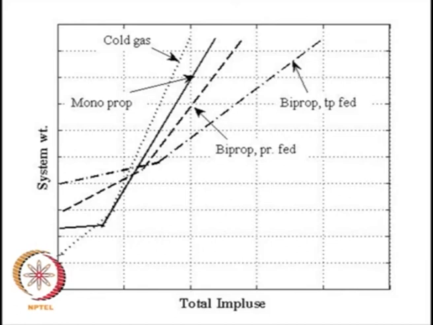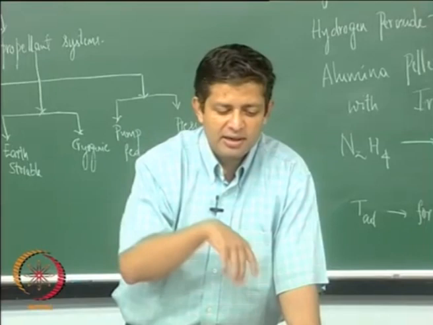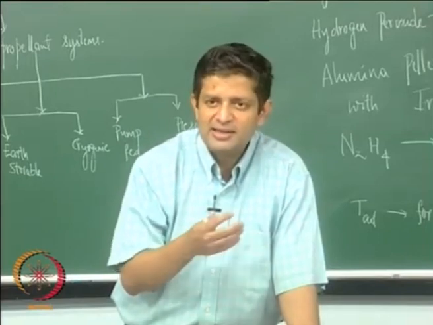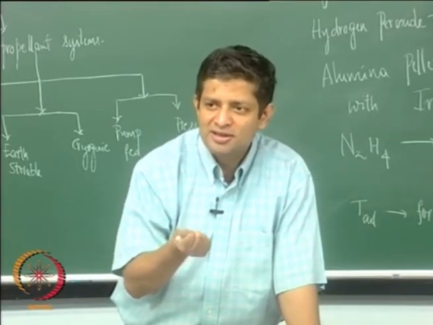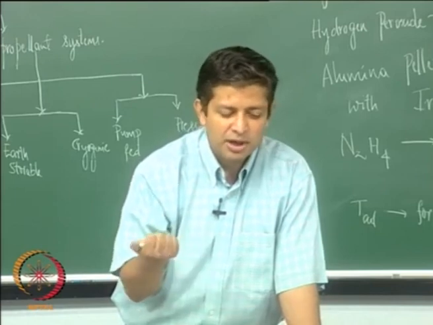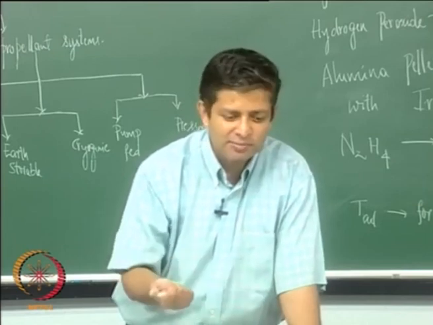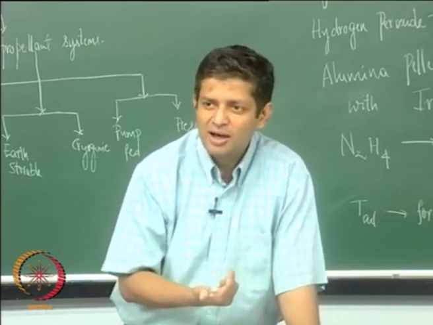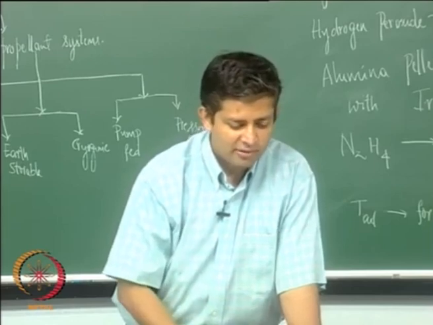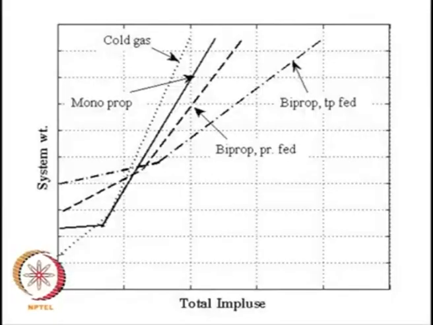It is important to note this, that if you want to decide on what system to use for a particular application, remember we said the satellites, because it is a low thrust system, we wanted to use monopropellant systems. When do we use a bipropellant system? When do we use a pressure fed? When do we use turbo pump fed? Now what is shown here in this plot is, you have on the x axis total impulse. Total impulse is nothing but